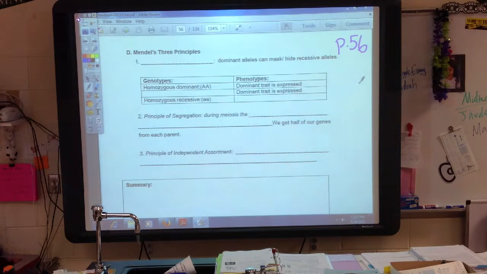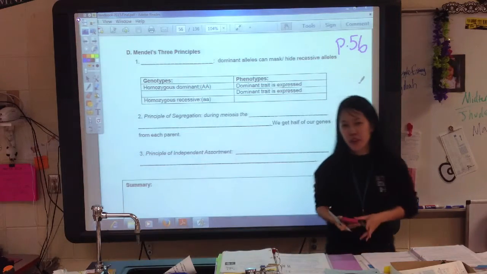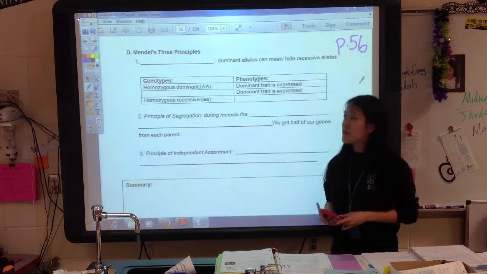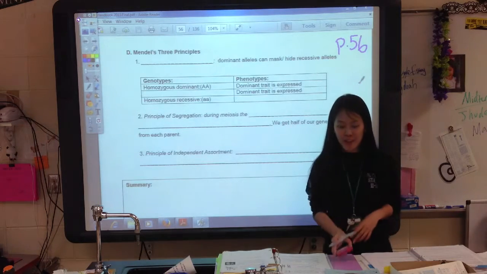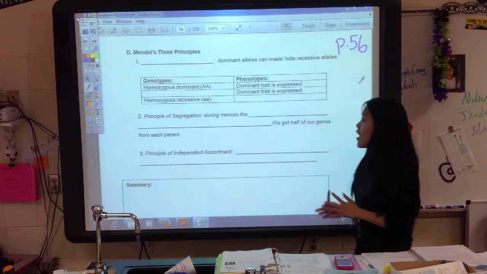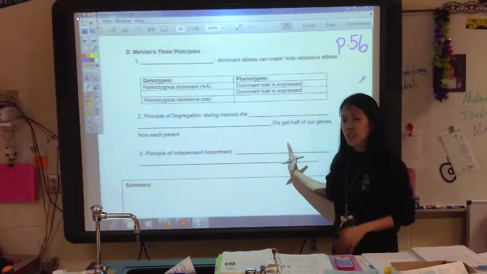So before we start with today's assignment, I want you guys to turn to page 56 of your notes, and we're going to review a little before you actually start on these genetics problems that we'll be working on today. Last time in our notes, at the very end, and you haven't really gotten a chance to go over this yet,